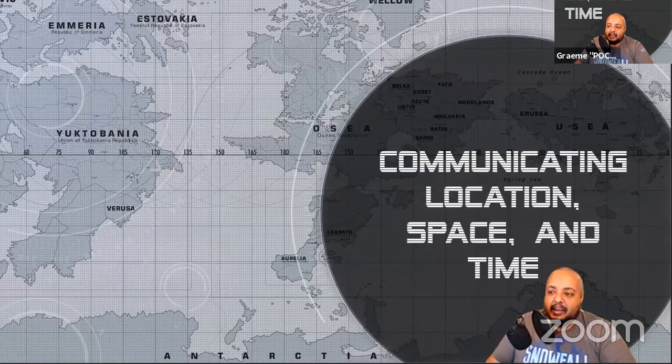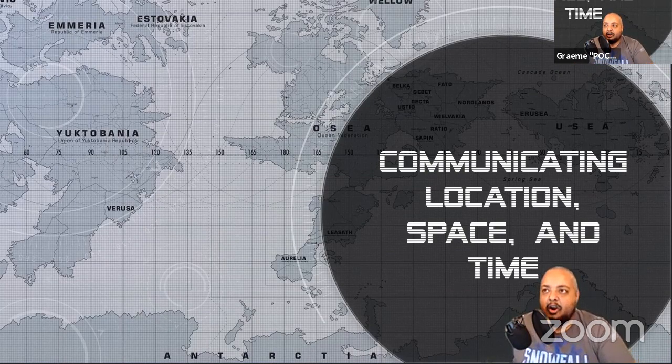So communicating location, space, and time. Broadly speaking, these are the big things that maps are there to communicate. And these are things that you need to pay attention to when you're designing your map for your world, because you'll be communicating these things at different levels, with different emphases, and even with different biases, depending on